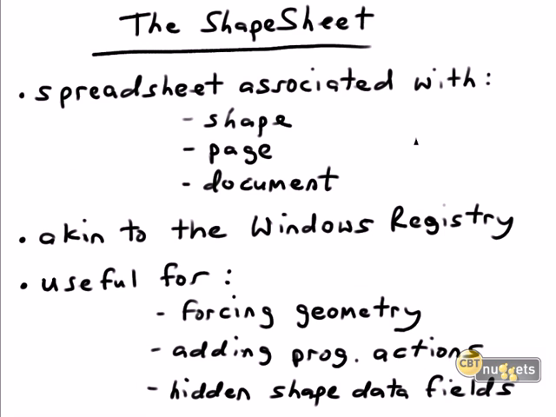The other aspect of automation and next level solution development with Visio 2010 is a construct known as the shapesheet, one word. The shapesheet is a spreadsheet-like interface that's associated with the major Visio objects. You have a shapesheet associated with every shape and every stencil, any page within your Visio file, and there's actually a shapesheet that corresponds to the document object itself.